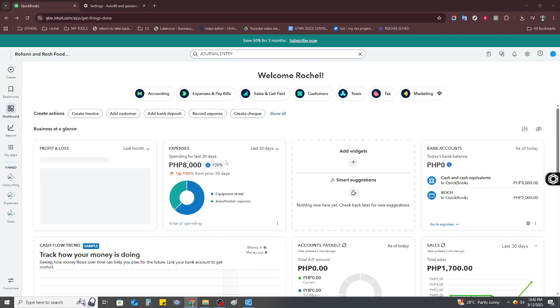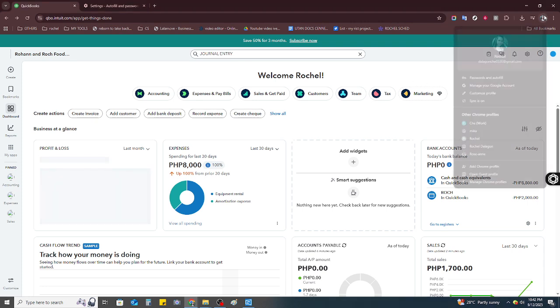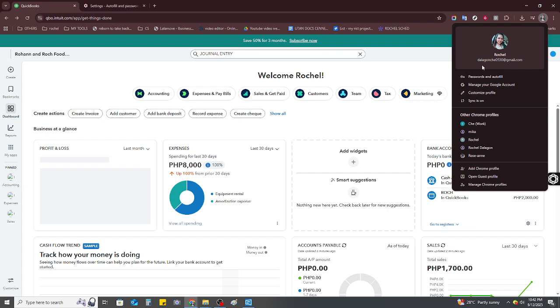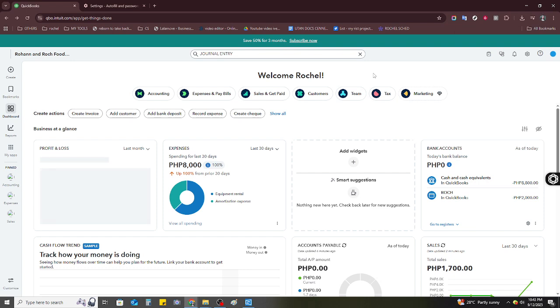Let's dive in. First, you'll need to log in to QuickBooks Online. Start by opening your preferred web browser like Chrome and navigate to quickbooks.intuit.com. Once you're there, sign in with your account credentials. This step is crucial as it lays the groundwork for everything we'll cover today. If you're having trouble logging in, make sure your username and password are entered correctly and check your internet connection